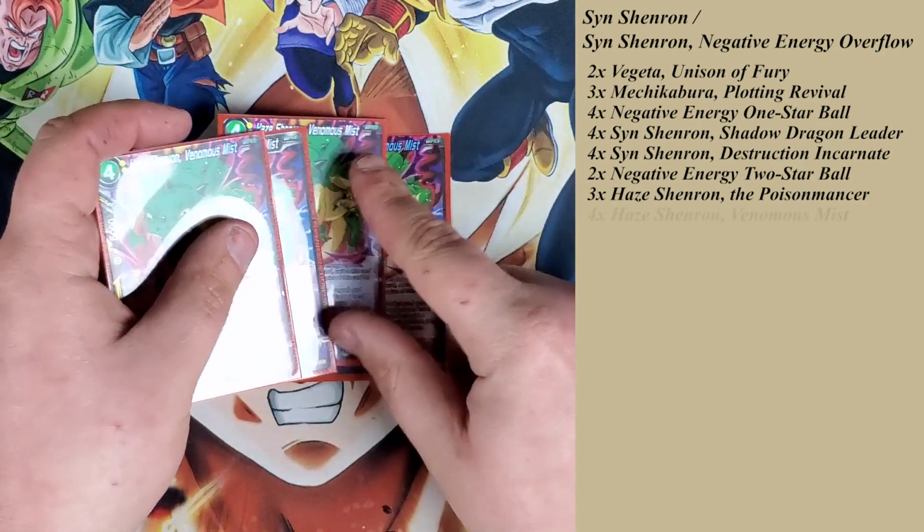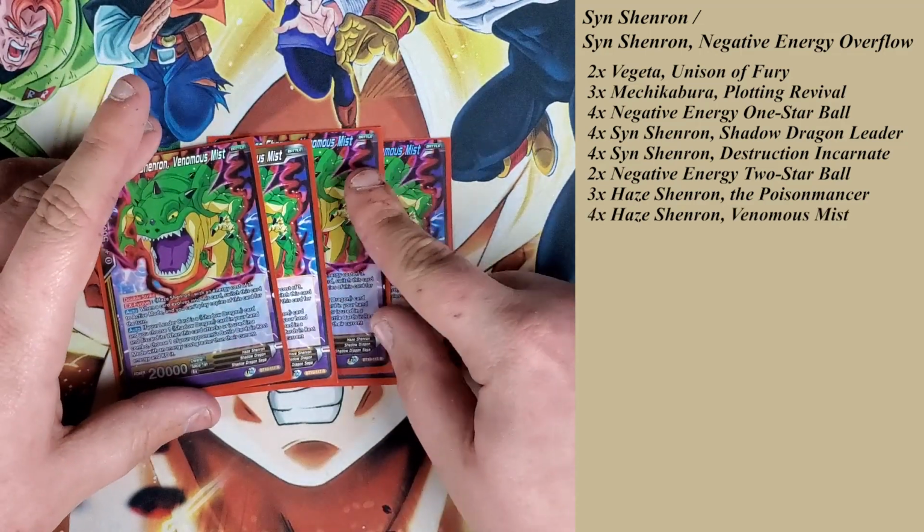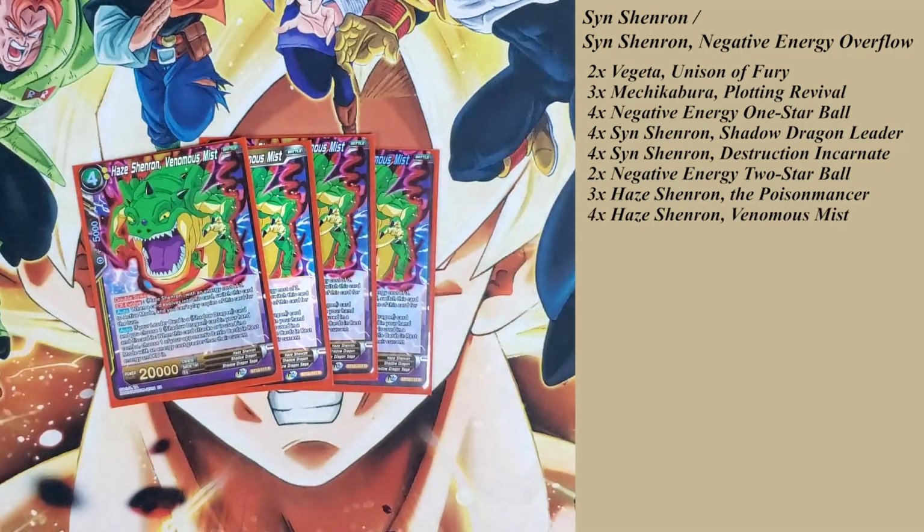Haze Shenron Venomous Mist. We do run 4 of these guys. These are absolutely worth running at a 4 of. They are a free EX Evolve double strike. When a card evolves into this card, you switch it back to active mode. But more importantly, on his second auto, when you swing with this card or when you combo with it, you